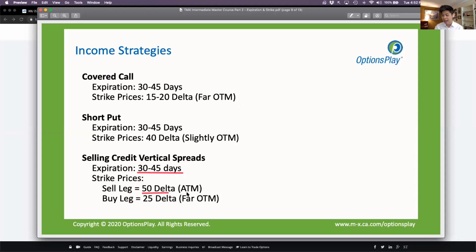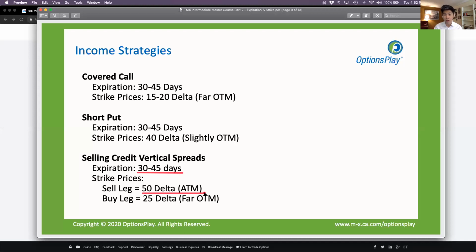and then selling an at-the-money call or put. Now, when you sell an at-the-money call or put, this is really an option that has the highest amount of premium for you to collect. But when you sell a naked call or put, you have unlimited risk. Both of these strategies have truly unlimited risk. Now, technically, a short put doesn't have unlimited risk because the stock can't go below zero, but I usually consider